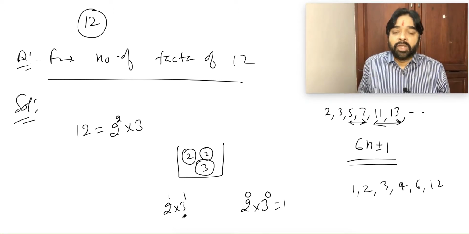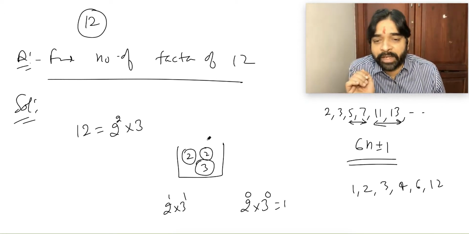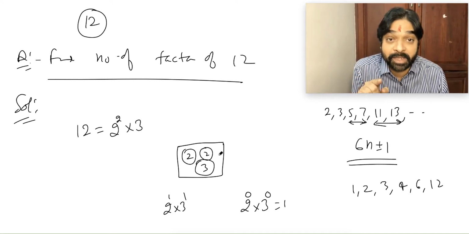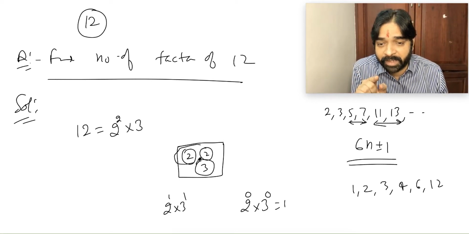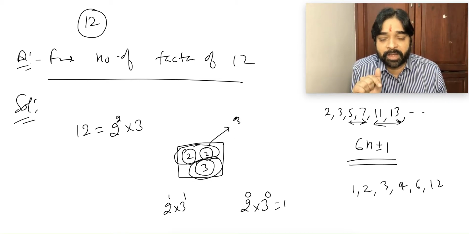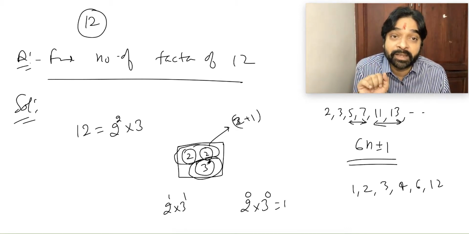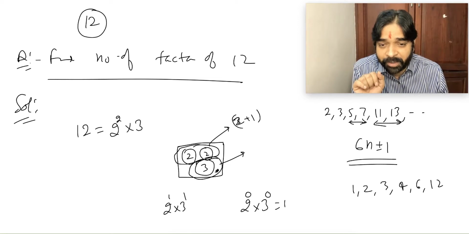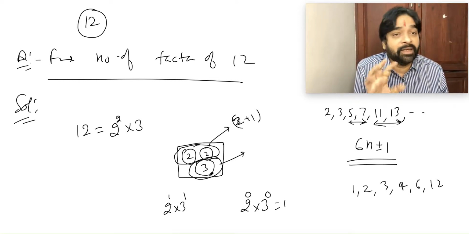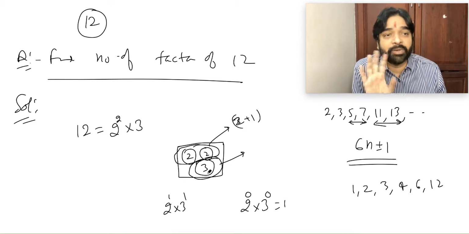Yes or no? So in how many ways can I do any number of selection from this container? Any number of selection from this container will be any number of selection from this and any number of selection from this. Any number of selection from this will be what? 2 plus 1, n plus 1, 2 identical objects. And any number of from 3. Sir, 3 is the only single object. Is it different or identical? Does not matter. Whatever you want to take.